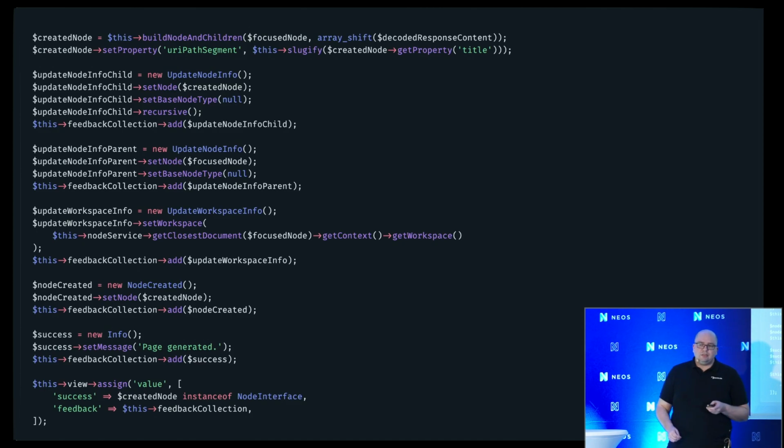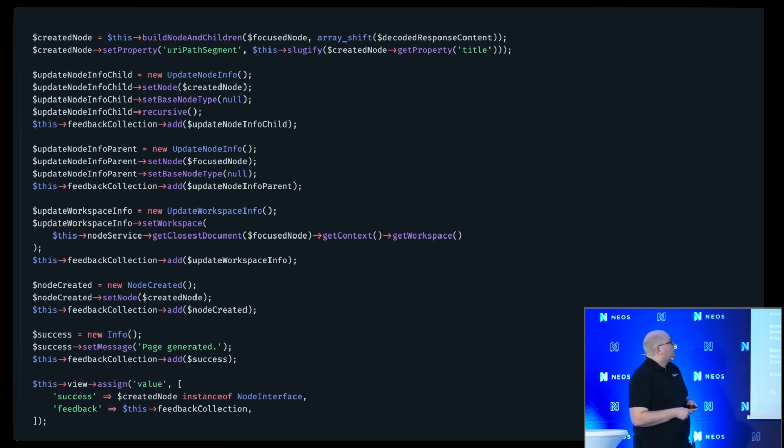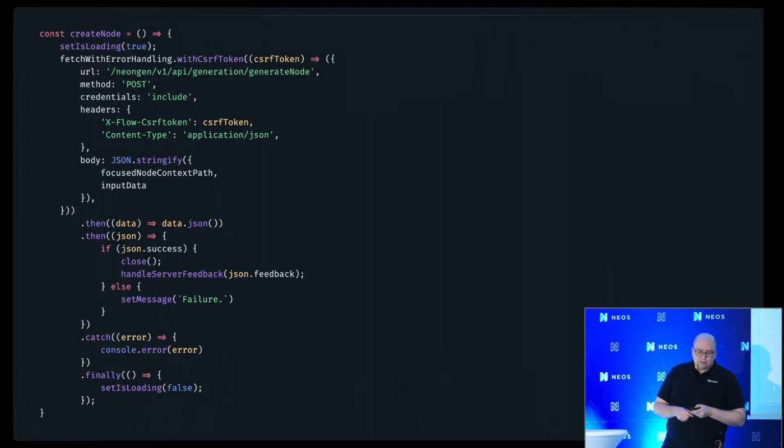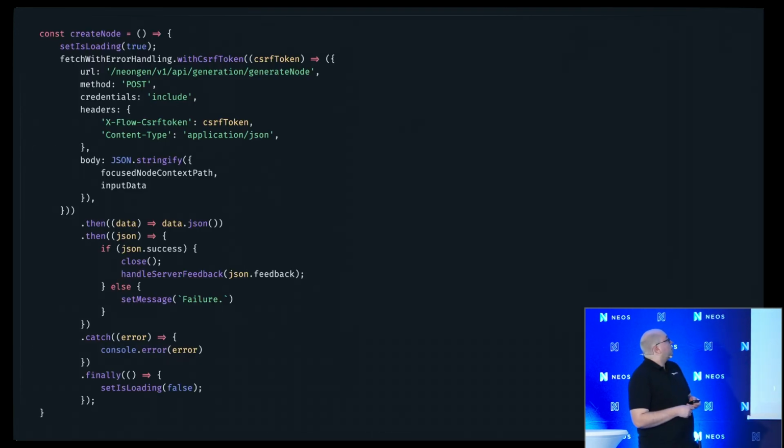So I delved into the Neos node creation process and found out that I need to have several server feedback objects generated and added to my response. And in my UI, I needed to react to it.